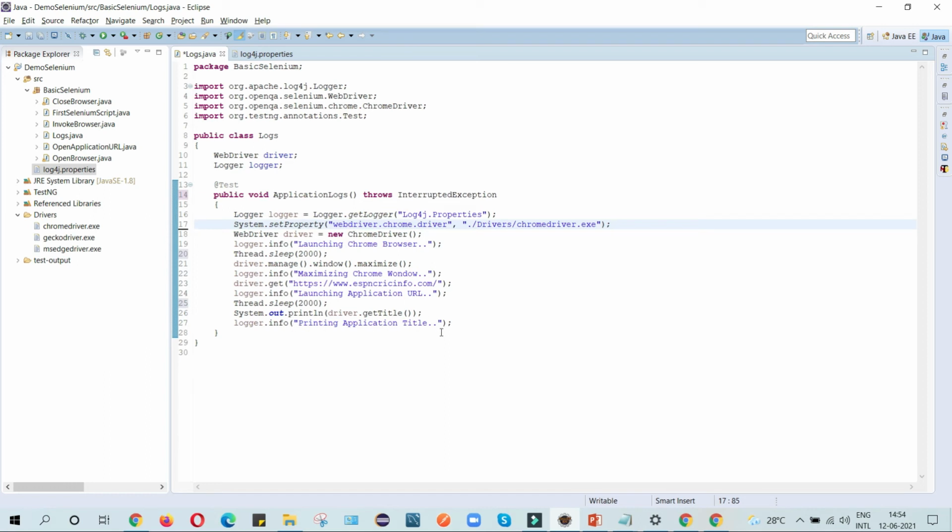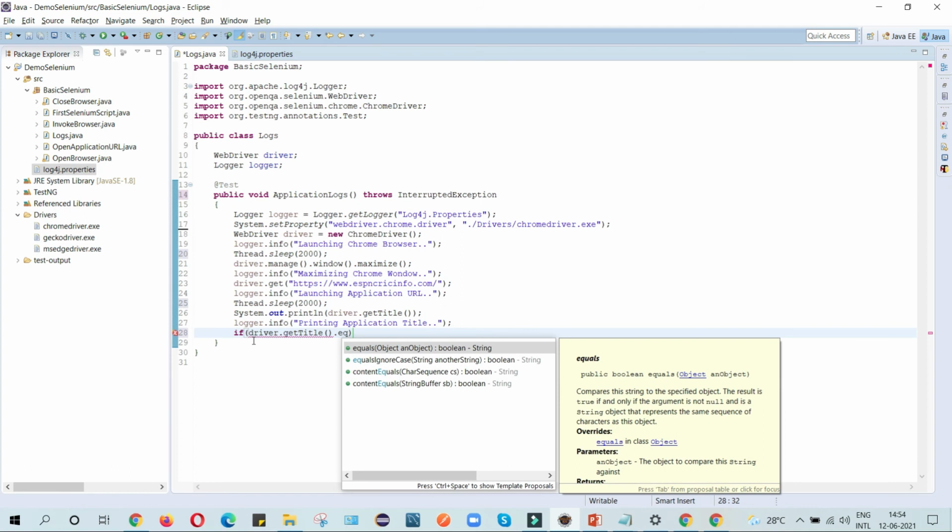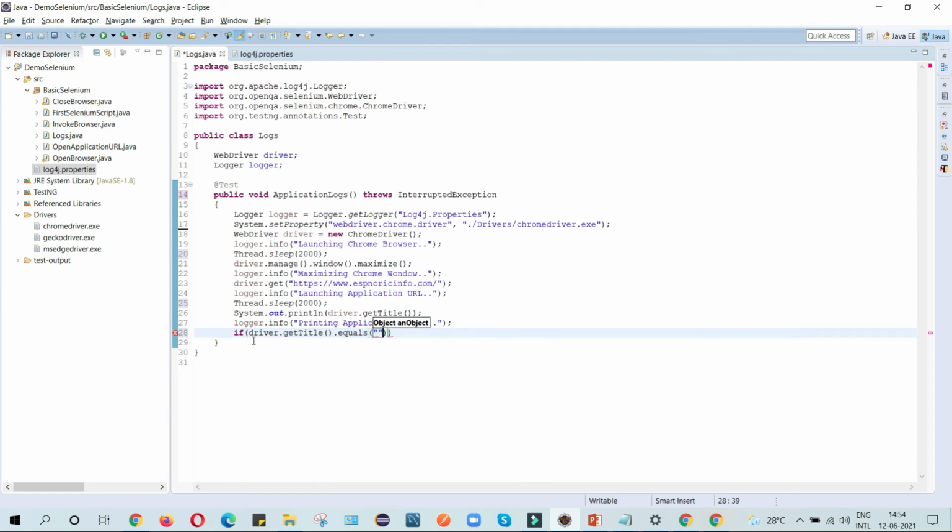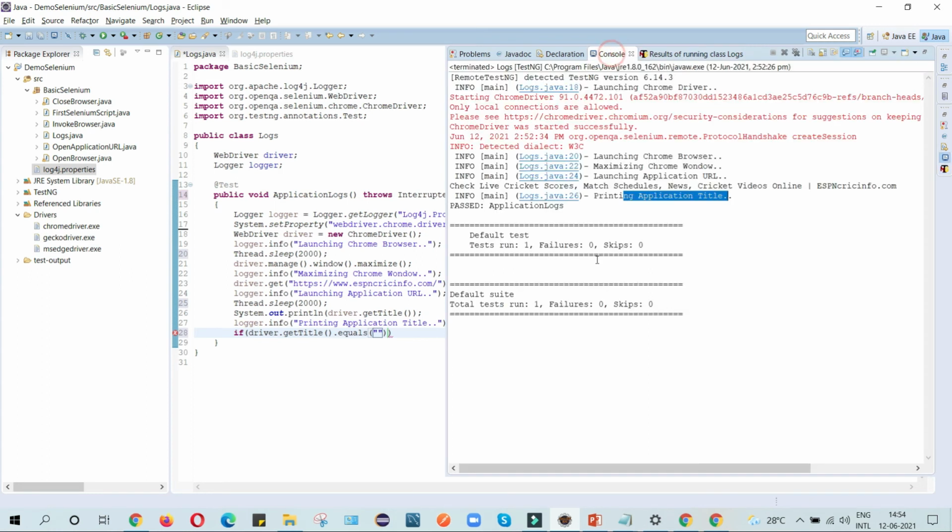Now everything is fine. One more thing I can do is validate my title. So I can write if driver.getTitle equals whatever title name I have currently. It shows, so this is my title name.